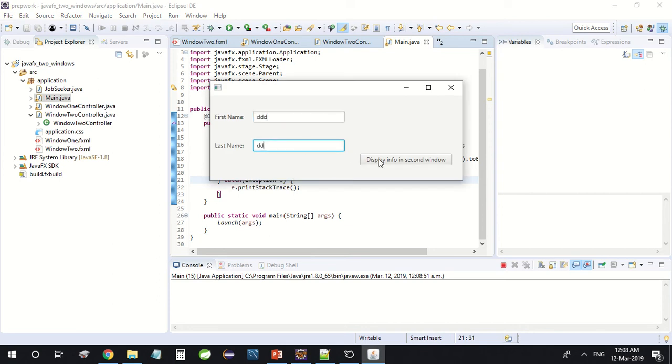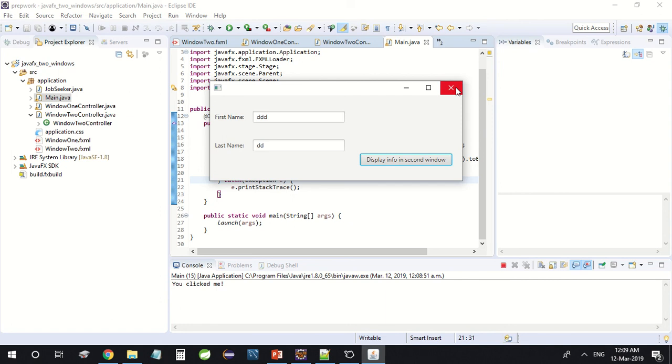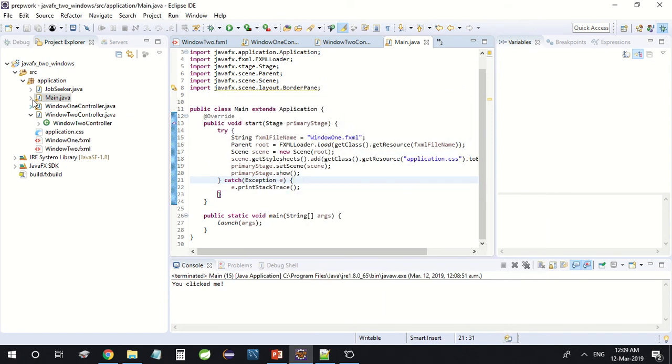Let's check the behavior. So I only see job seeker and nothing else. That's because I cannot display multiple lines in a label. So maybe I have to modify